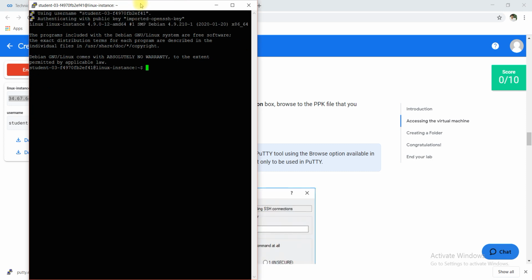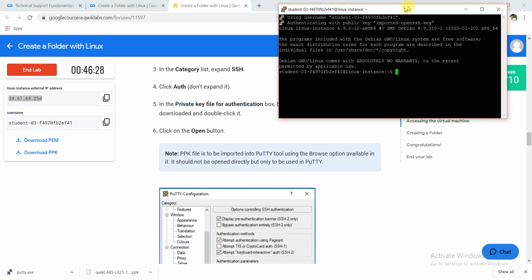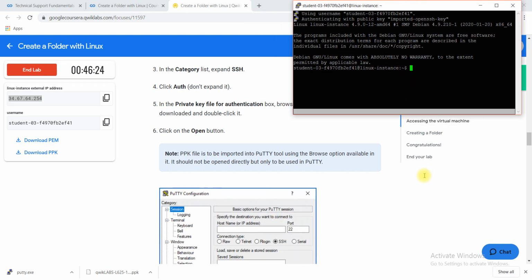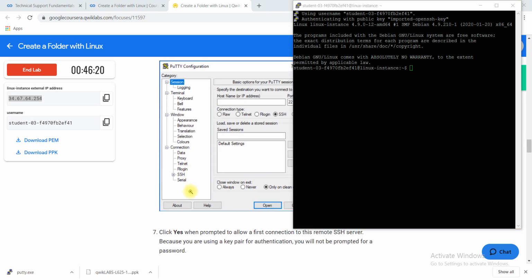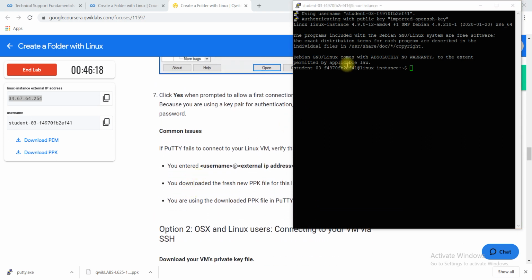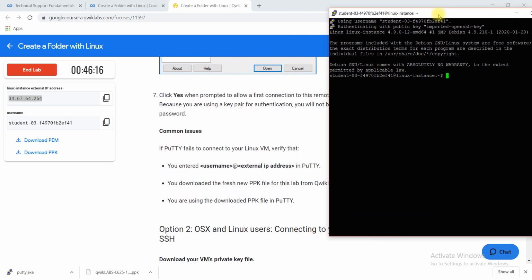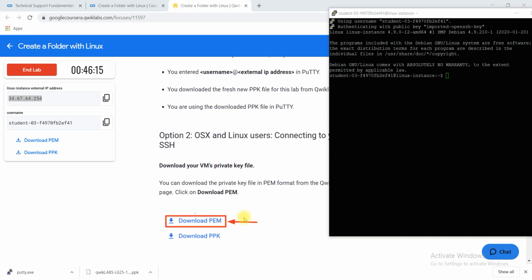Now I will create the folder and my task will be complete. Every instruction is given, so let me show you how to create it in Linux.